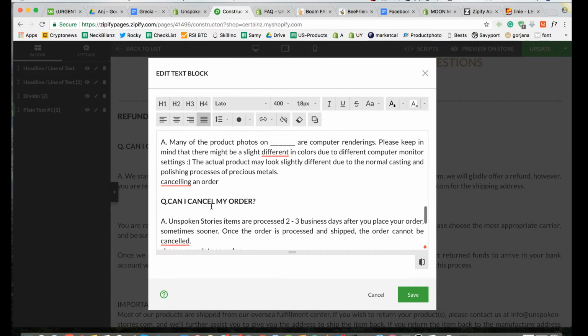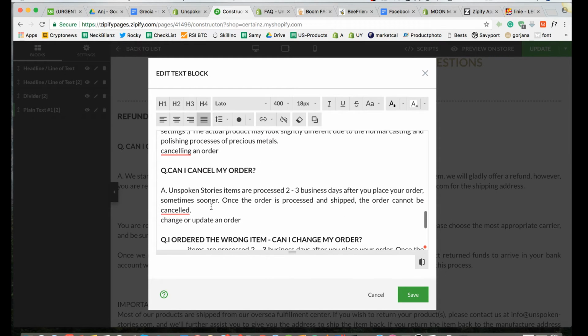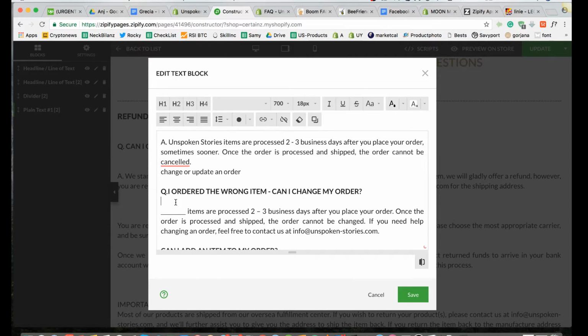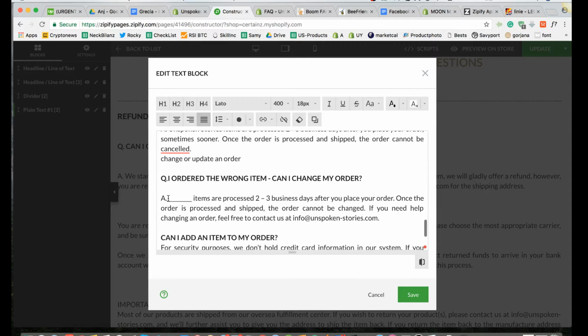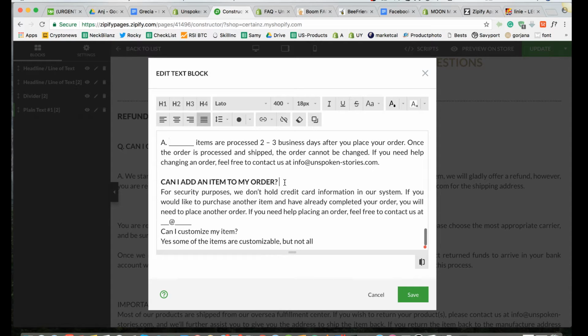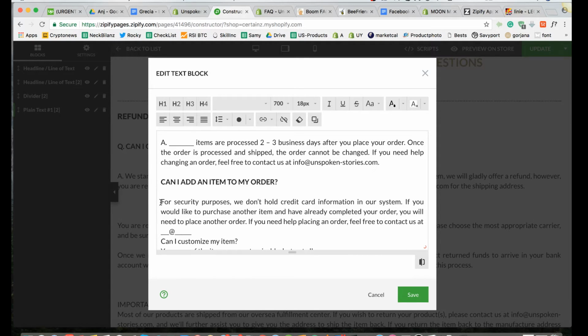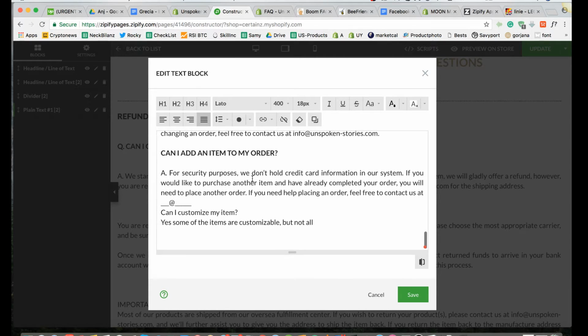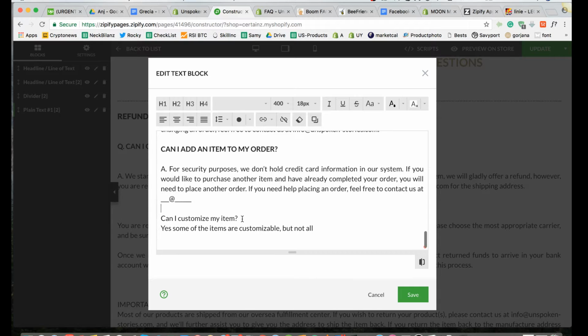Okay, that was a question. Can I cancel my order? Then here we go, next question, and then we put the space again in there, add the answer, space. Okay, another question, space. Here you would now add the email address again. As you can see, this is a question again, can I customize my item? So here we would add the Q dot, no space between this,